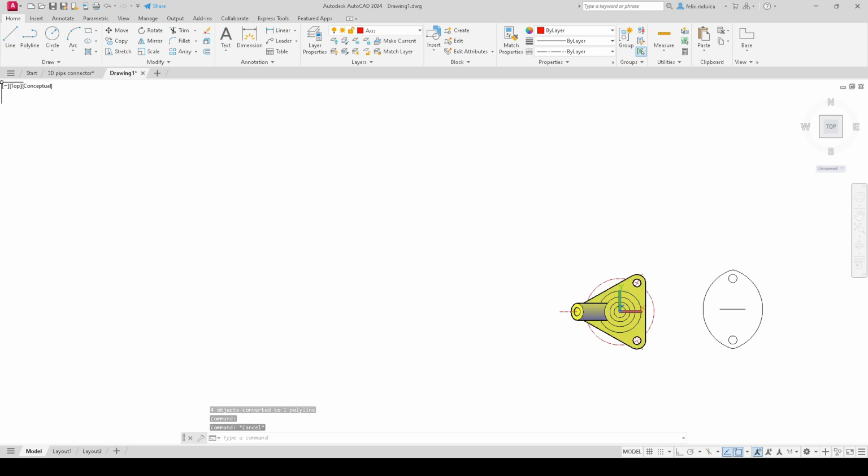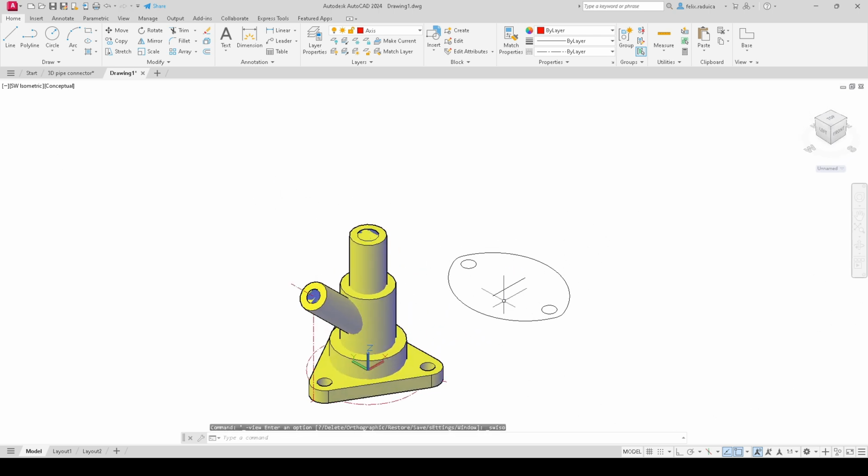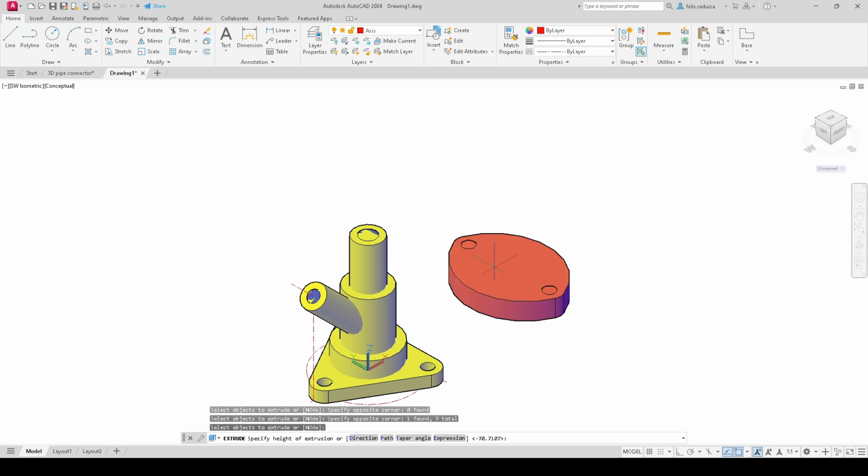And now if we go into the southwest isometric view, we can extrude these with the extrude command. This one and these two. Okay, and this has a thickness of 10,